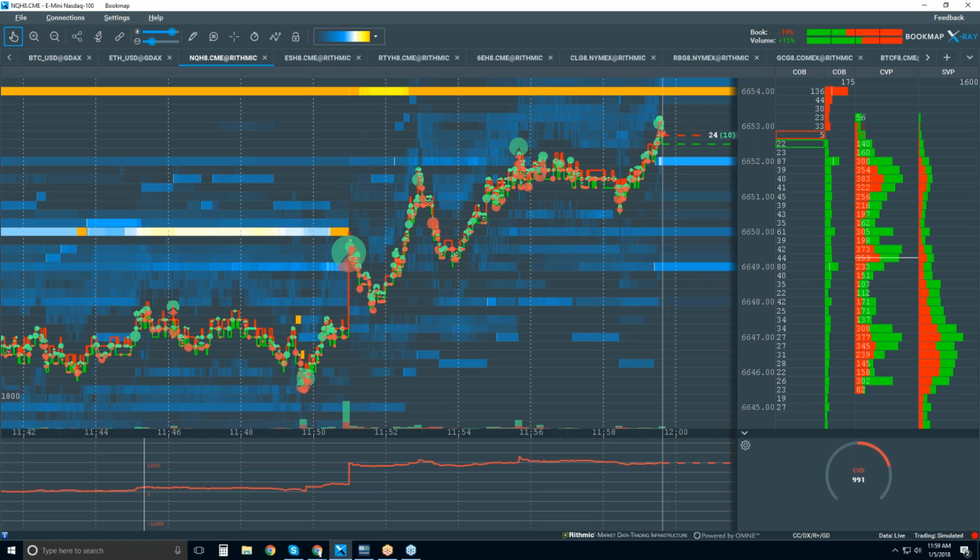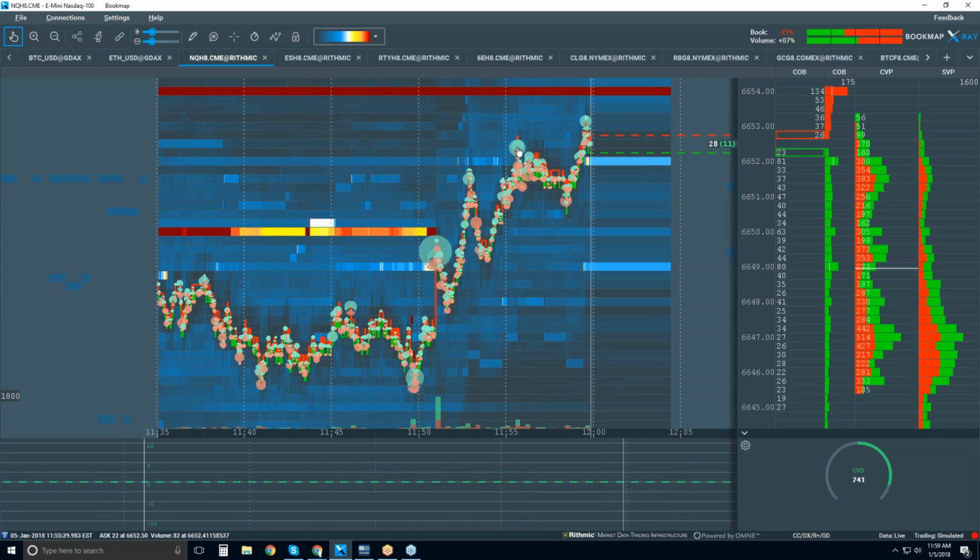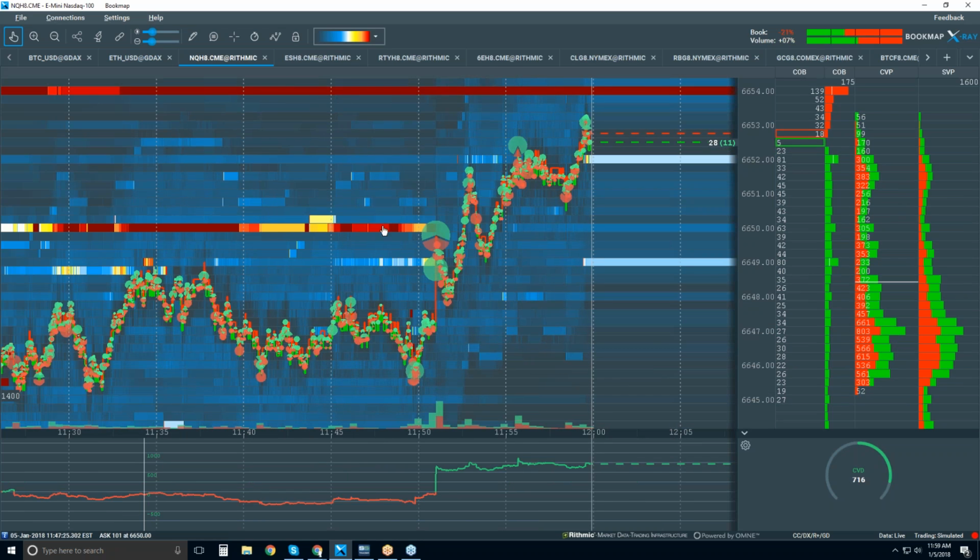Okay, 54. Look at 54 as the high liquidity and the target here. Do I prefer the orange or the red heat map? I actually kind of like the red heat map. It just gives a little more insight at some of these areas. I've been using the orange one though,